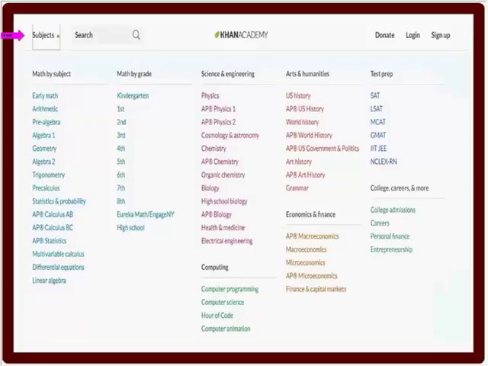Now, the one that I was talking about is the pre-algebra area under the math by subject. This is the one that you can give to your GED students as well as students who are going into practicing for their TSI, the TSI math. Okay. Under the math by grade level, I talked about the Eureka Math and Engage New York. I gave you that link. That's there. And then here under science and engineering,